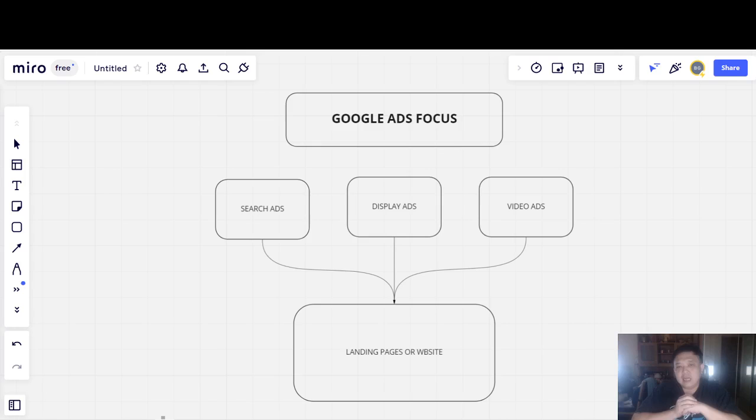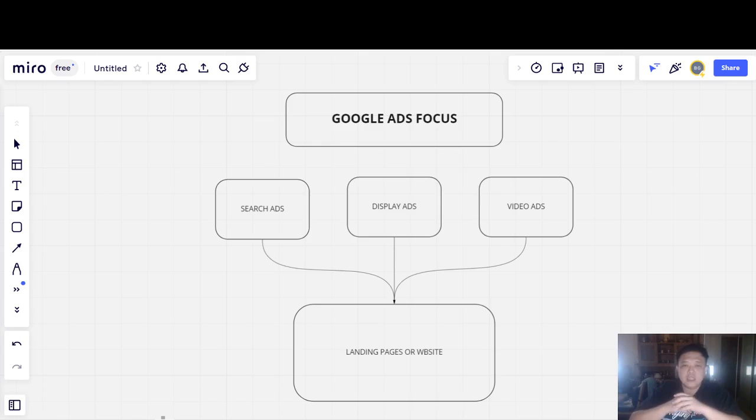Under Google Ads, there are three main topics that we're going to talk about. The first one is Google Search Ads, next Google Display Ads, and finally Google Video Ads, which is also known as YouTube Video Ads. Now, in case you're not aware, Google is the parent company of YouTube. So if you were to set up a YouTube video ad, you will actually be going to the Google Ads platform to do so. Just like Instagram is owned by Facebook, if you want to place an advertisement on Instagram, you will do so via the Facebook Business Manager account.